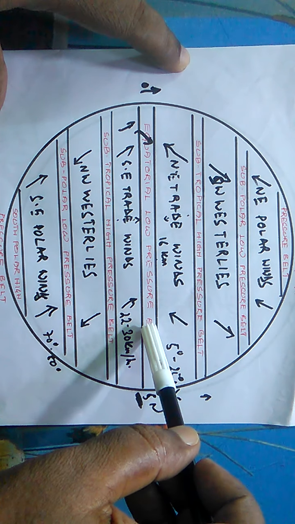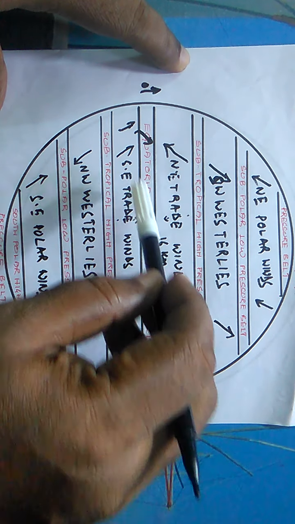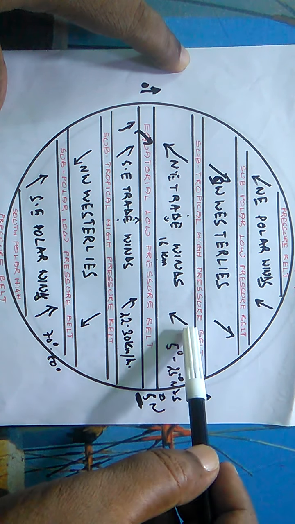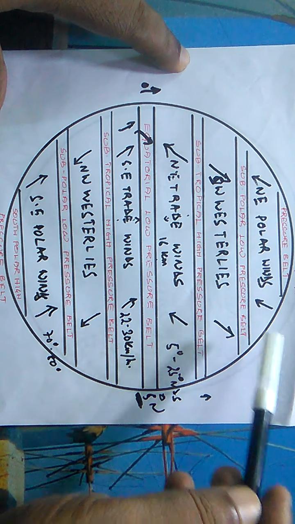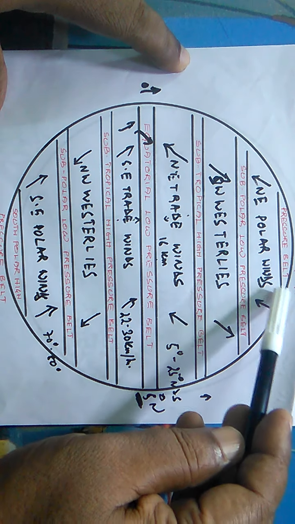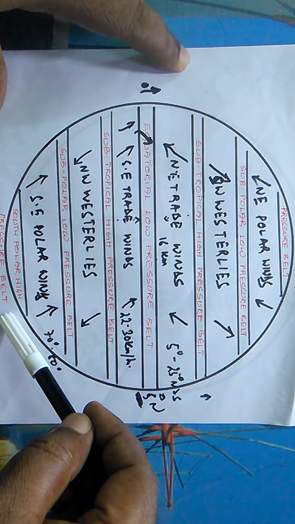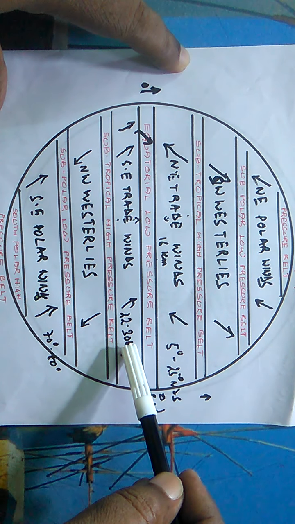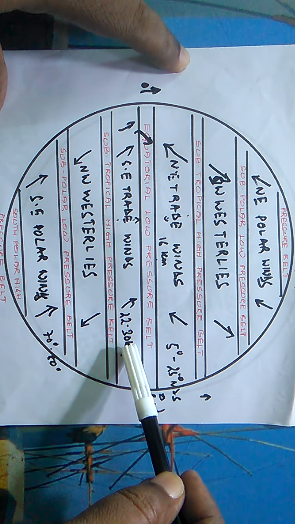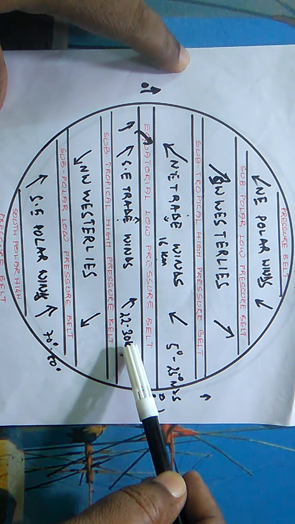On the surface of the earth there are 7 pressure belts, that is equatorial low pressure belt, subtropical high pressure belt, subpolar low pressure belt, and north and south polar high pressure belt. These are the 7 pressure belts that are there on the surface of the earth, 3 low and 4 high